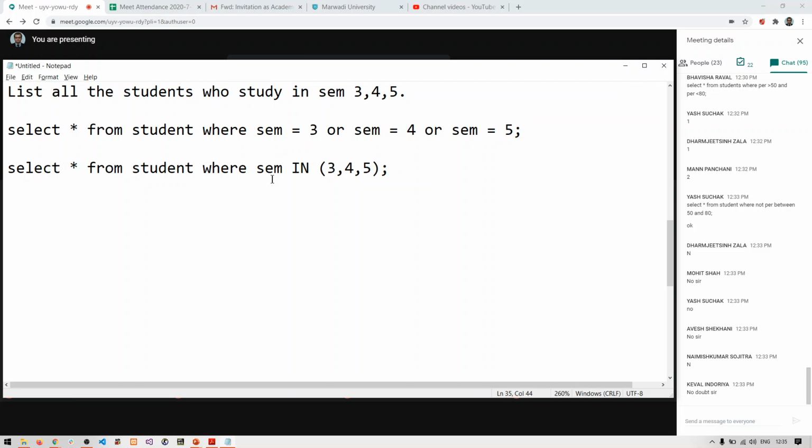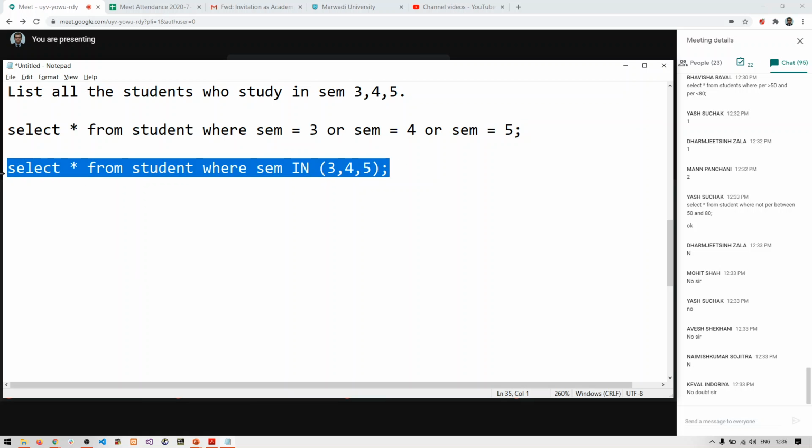This IN will work as OR for all the values. So this is where semester in 3, 4 and 5. So either it will be semester equals 3 or semester equals 4 or semester equals 5. This is the meaning of this.